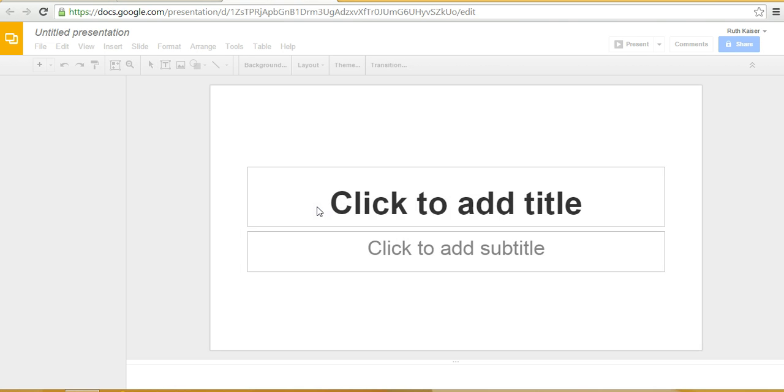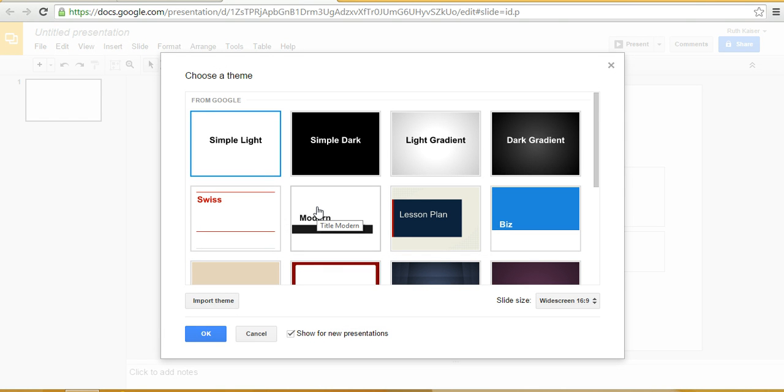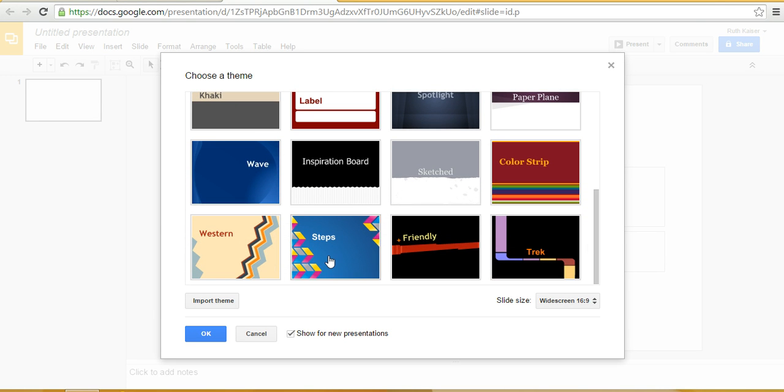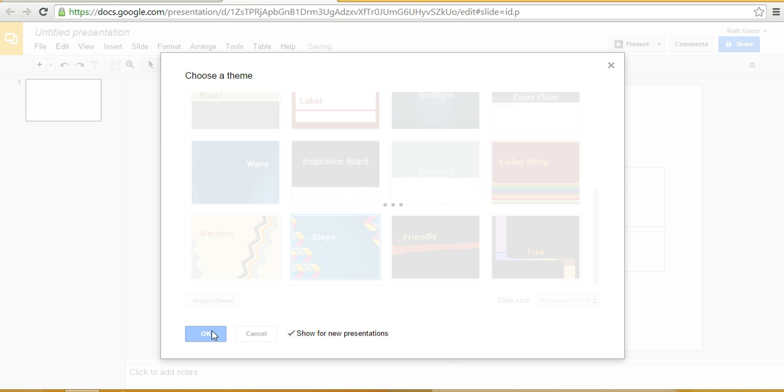Google Slides is a way to make presentations. It's very similar to PowerPoint. However, I think it's a little bit easier to use for younger kids, but the greatest advantage is that kids can be working on the same presentation at the same time. The first thing you do after you decide you're going to do a slide is select a theme, click OK,